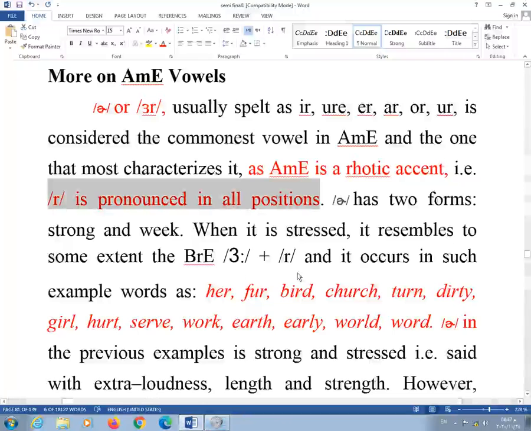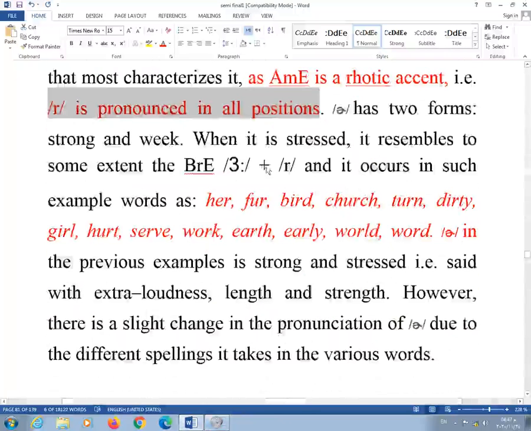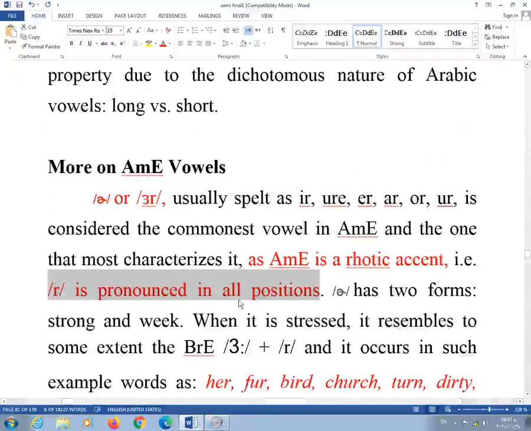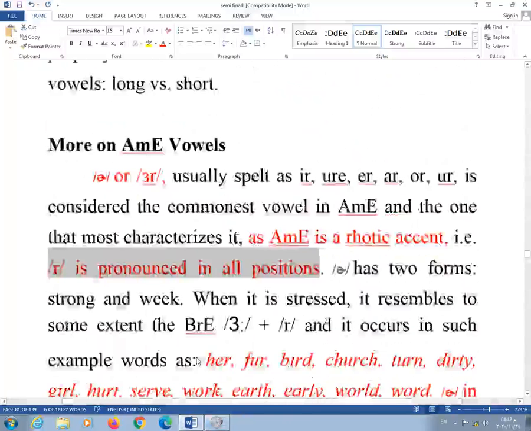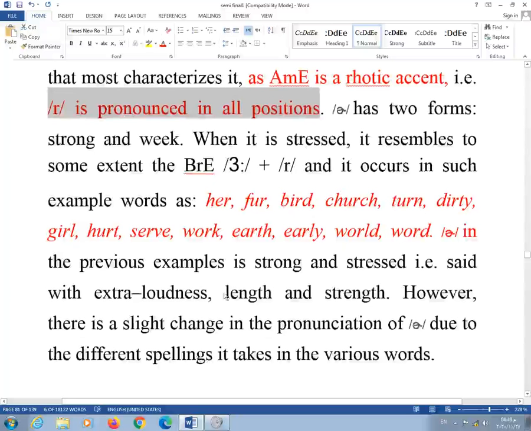Okay, so this is what makes American English really different from British. One of the key factors is the R. American English is a rhotic accent, and British English is not rhotic at all because it dropped the R after vowels in certain words, generally during, you know, we can say the 18th century. Okay,